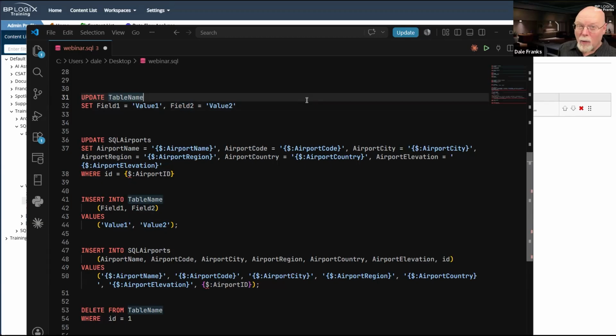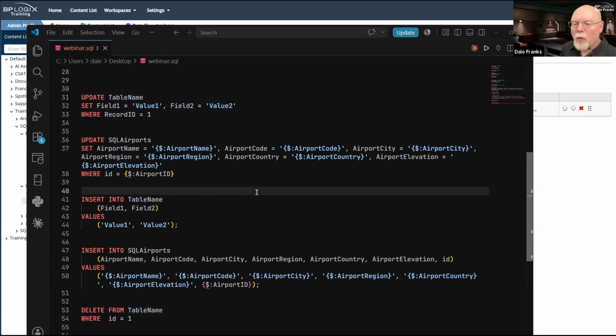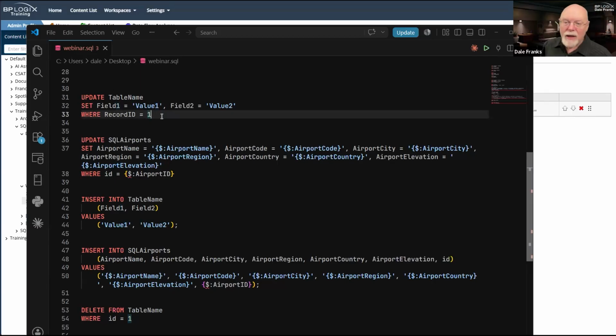Not having that where clause is extremely dangerous because it will overwrite every record with the value that I have placed here. That's why it is so important that we keep that record ID there because it uniquely identifies one record. And that means that this is the only record that the update command has the power to change in our database.